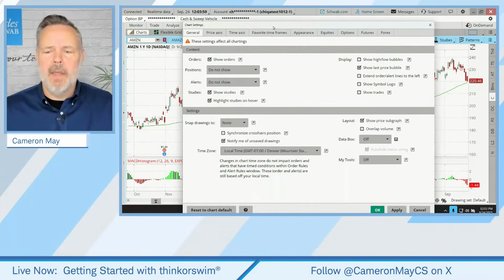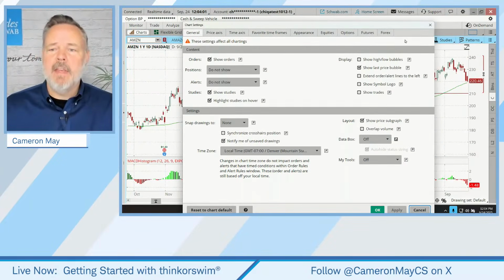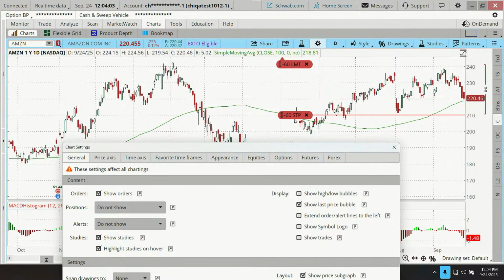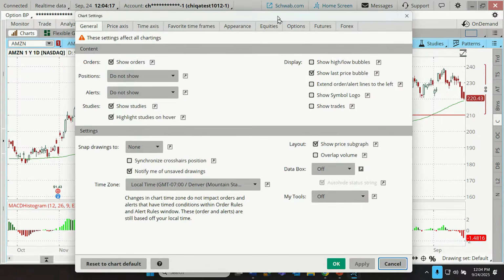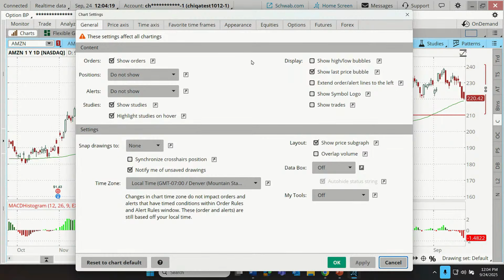First thing that we can do is check the box, and this will show any open orders that we have on a given stock. So for example, let's apply that, and we can see now, hey, we actually have a stop on these shares in our example portfolio. And there's a target order up here as well. And we must have 60 shares because there's a stop. Now, it's very likely we have 60 shares. The shares don't have to correlate exactly to the number owned on an exit order.